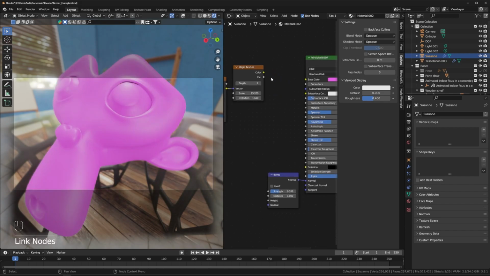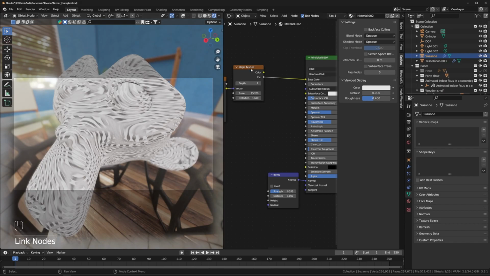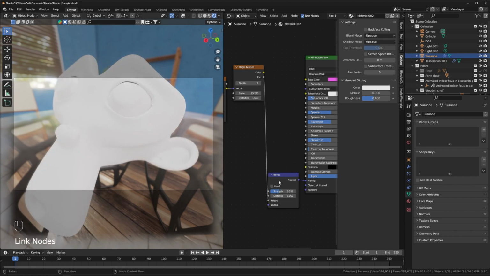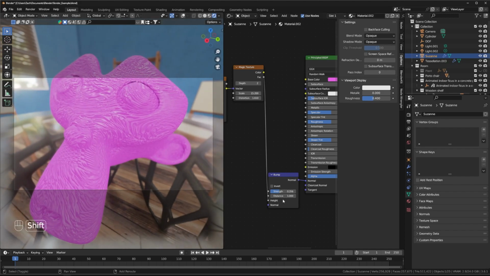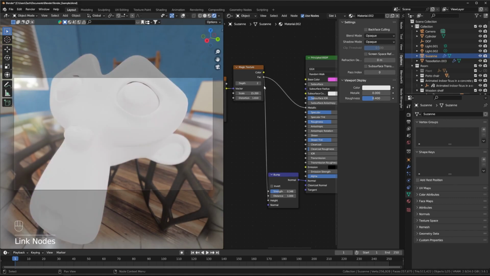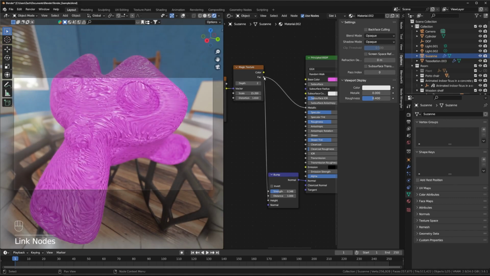And again, you don't have to necessarily use that. Usually the factor output should be like a black and white version of your color output. So you can always use that, for example, in a bump map, so you can get these wacky, really intense surface textures, or in a roughness map or in a metalness map or something like that. That might look a little bit crazy, but